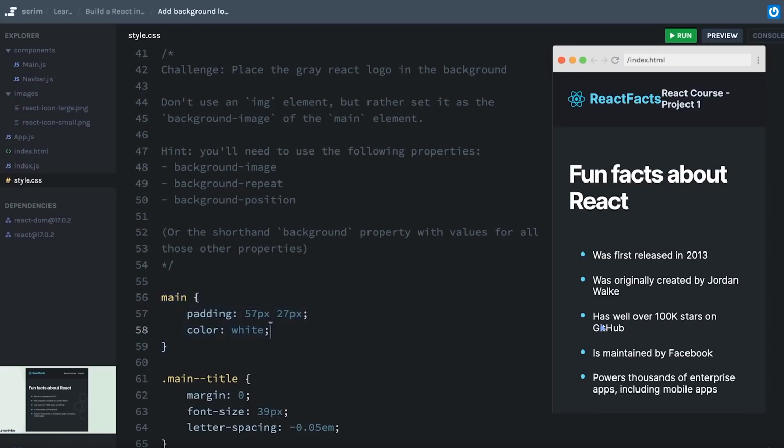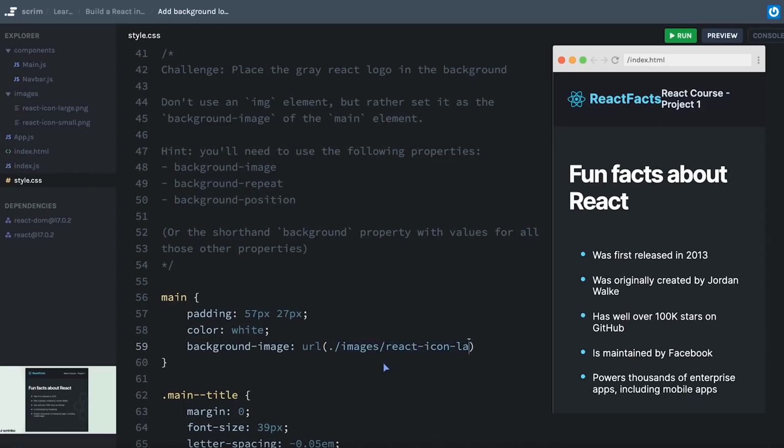Okay, hopefully you found this wasn't actually that big of a deal. So I'm going to add first the background image to my main element here. I'm going to use the URL function so I can specify the location for these images. This is relative to my style.css file, so I'm going to say /images/react icon large.png. Okay, and we see that it automatically is repeating around the entire page, so that's where the